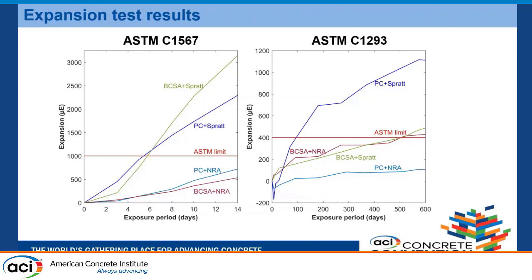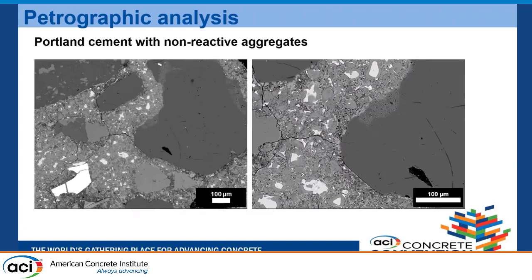It can be something with the reaction product that needs to be looked upon. So we can't just state that it is ASR just because it has crossed the limit. But again, to confirm the results of this test, I have done petrographic analysis. The petrographic analysis is done on the long-term test specimens to find ASR cracks, and so what I've done